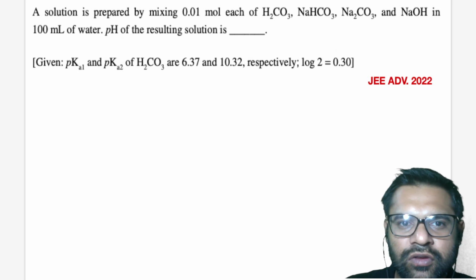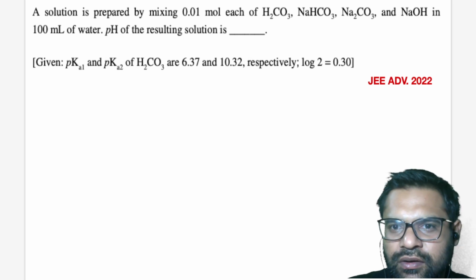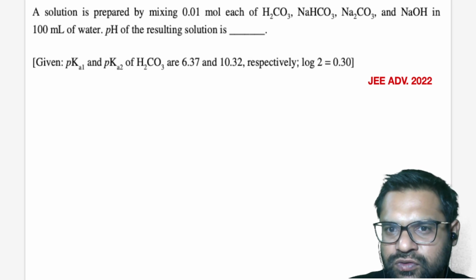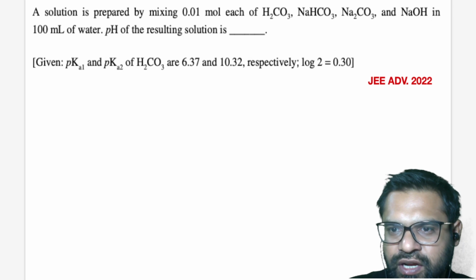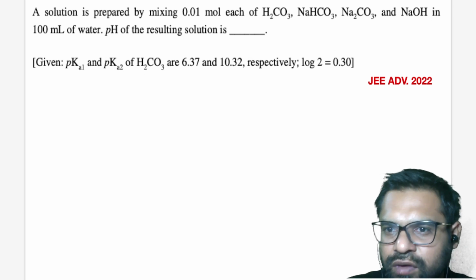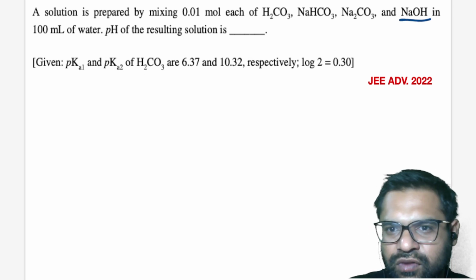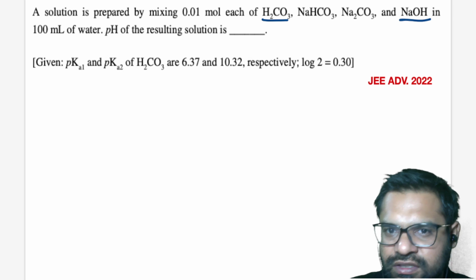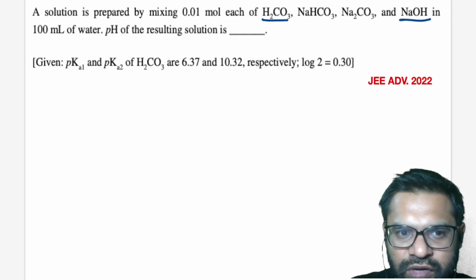Okay. So now if you add 0.01 mole of H2CO3, NaHCO3, Na2CO3 and NaOH, as you can see NaOH is a very strong base, and which one is the strongest acid? H2CO3. So when you add them together, first they will react with each other. So what product would it form? Can you say H2CO3